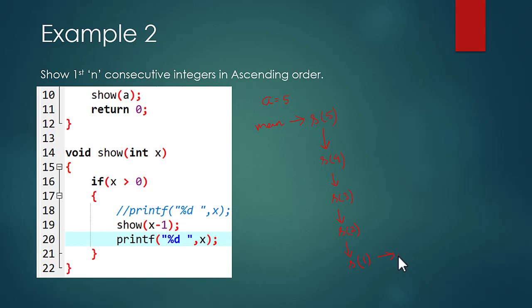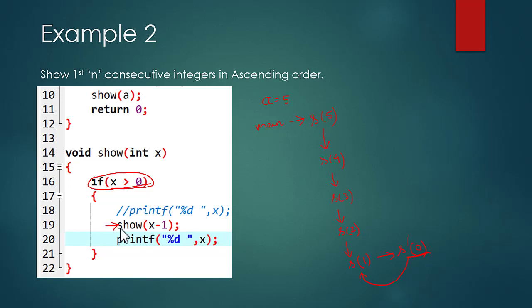As in this case the x value is becoming 0, this condition, the base condition, is false. So what will happen is that it will perform the next task. So what is the next task? As there is nothing to do, it will go back to the calling function s1. So in s1, we have left at this position.